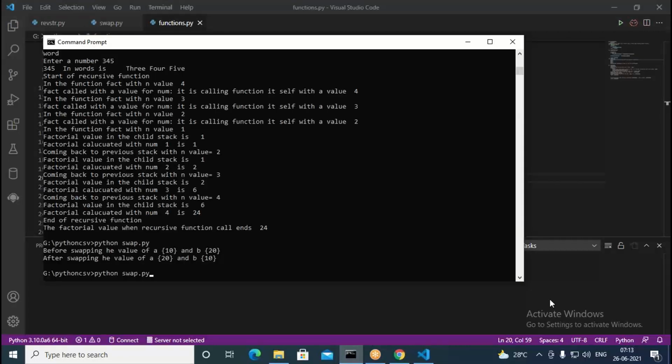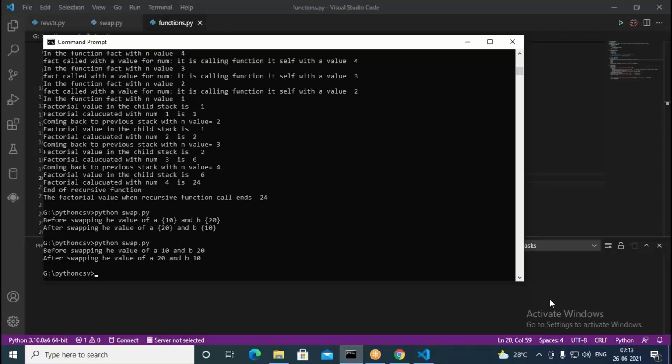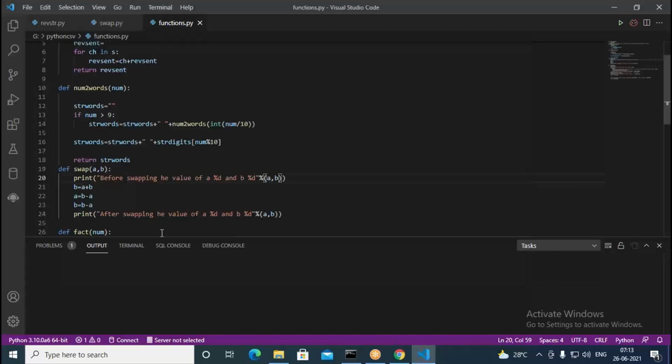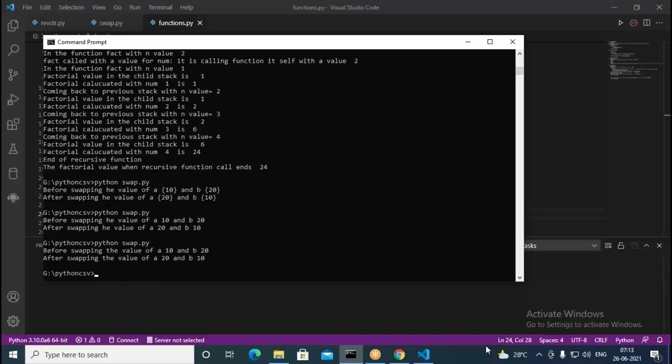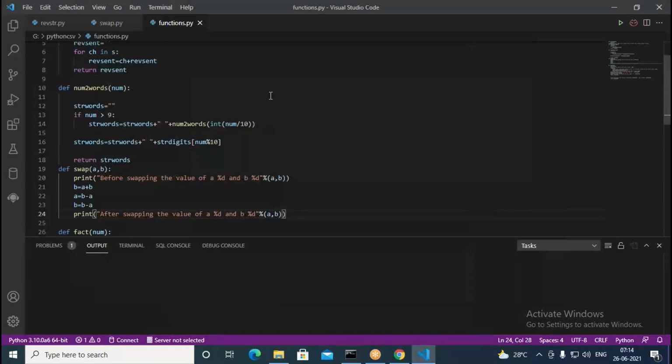So once again when we run this, it says before swapping the value of a 10 and b 20, and after swapping the value of a 20 and b 10. The t we are missing in that. Okay, so we need to put the value. So here also we put the value. Now when you compare this, what is happening? It is going to be swapping the values. A is 10, B is 20, and now A is 20 and B is 10. So like this, we are changing the values of A and B in a method. That method we defined in the functions.py, then we are calling it. Okay, so this is what it is called.